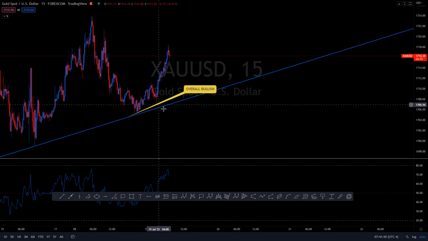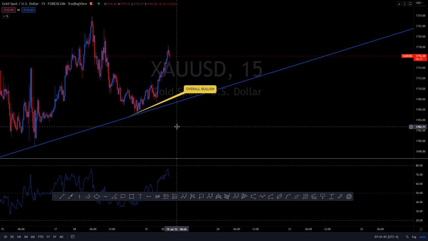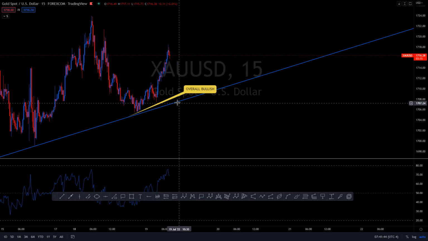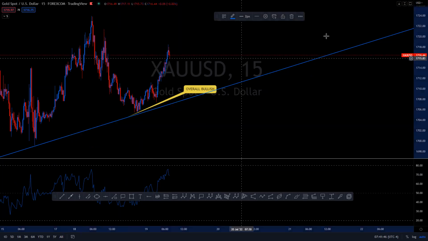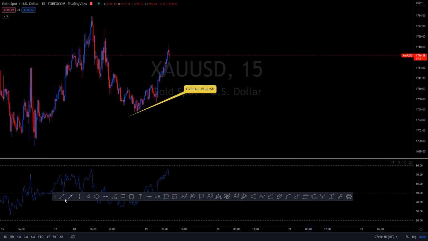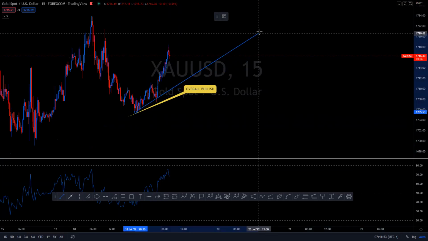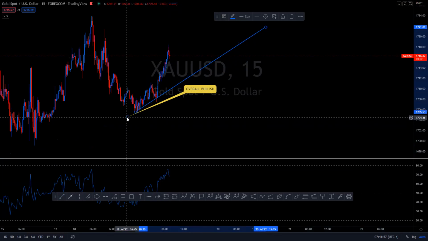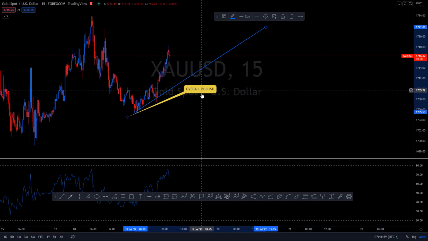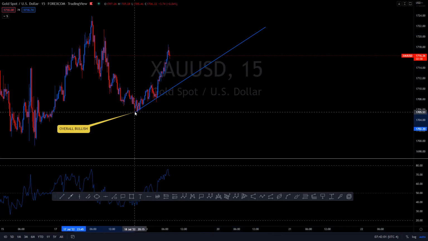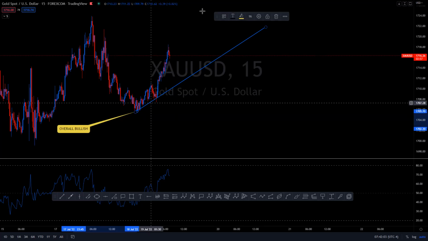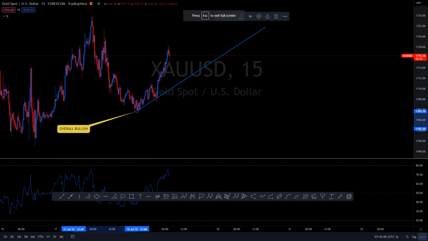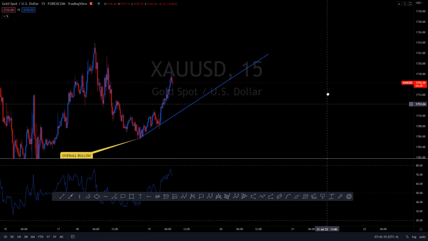It hasn't crossed this area yet, this trend line yet. But if it does, then we are bearish. So I'm drawing a trend line here. Probably going to push this all over here. That's what I'm going to do. Now that I did that,